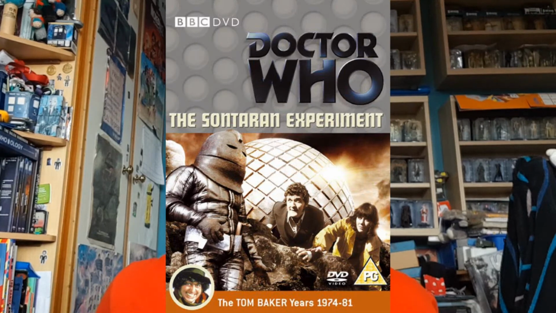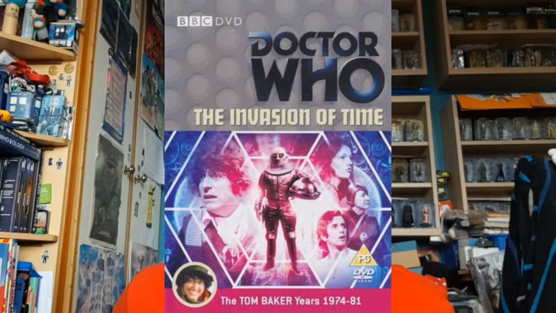Then stakes are raised a little bit for The Sontaran Experiment. Then The Invasion of Time, where they came to invade Gallifrey. Those two stories are Tom Baker. Then we jump to Colin Baker's era for The Two Doctors, where they're too tall and not really the focus of that story. But they help Cassini the Androgum,